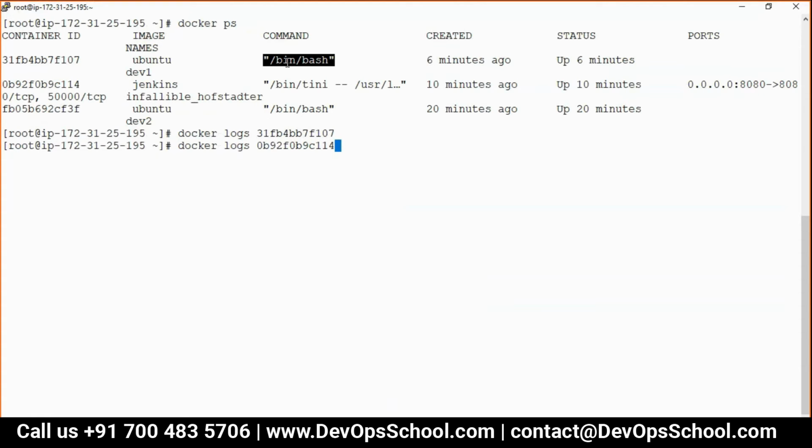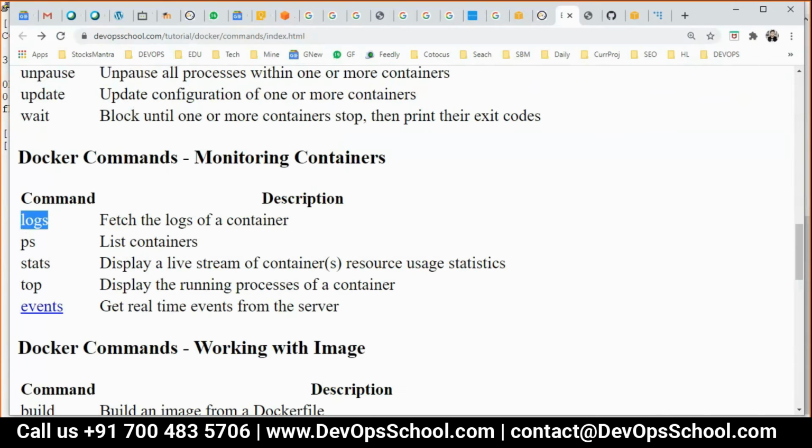So simply, when we want to see the logs of the container, do not first think of the application log. Again I am repeating this statement: many people think that they want to get the application log and this will get it. No. It will give you the PID1 log, and maybe your application is part of PID1, then you get the application log. But if it is not part of PID1, you will not get it. So the logs command will get you the critical log document. Is it clear, guys?